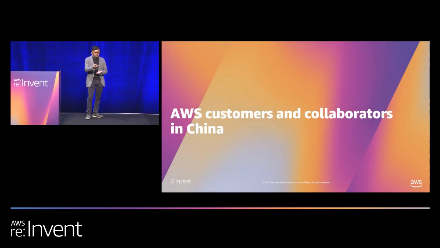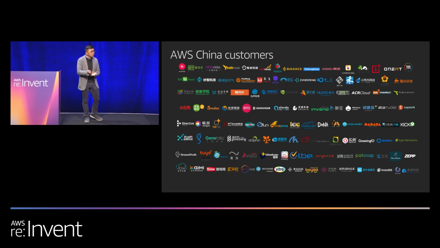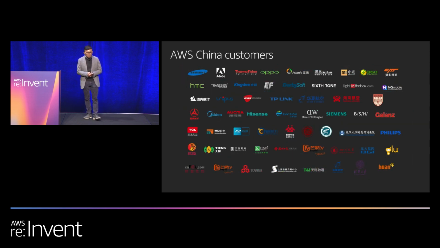So as we progress, we'll show you some of the customers that are already actively using us. This slide shows you a lot of our startups and fast-growing companies. Okay, so you see many of the familiar names as they are also expanding internationally as well. OnePlus phones and many others. And we have also many reputable big brand name companies already using us, both in China region and of course, many of them are also using international region as well. DW, Samsung, Adobe, Bosch, and many others, as you can see.